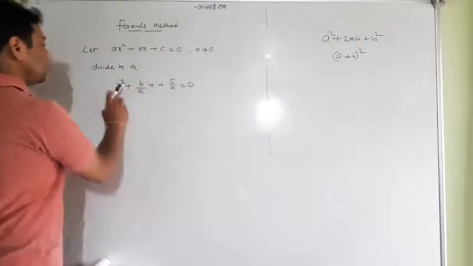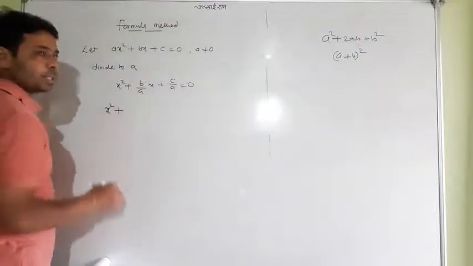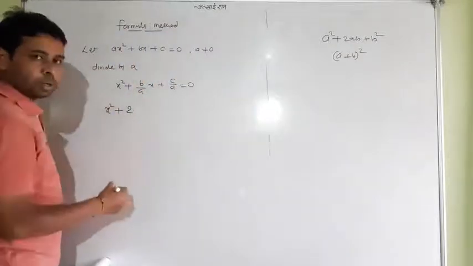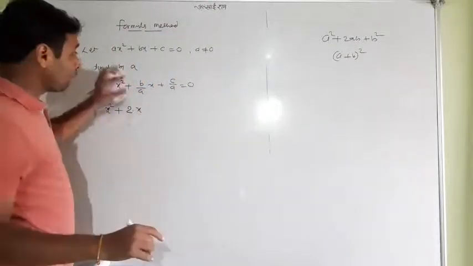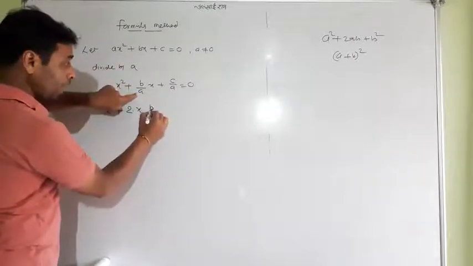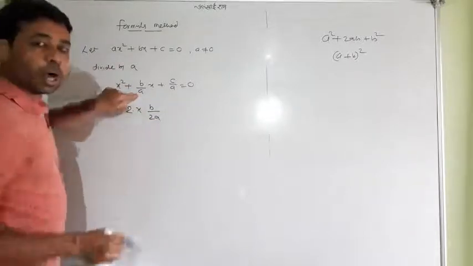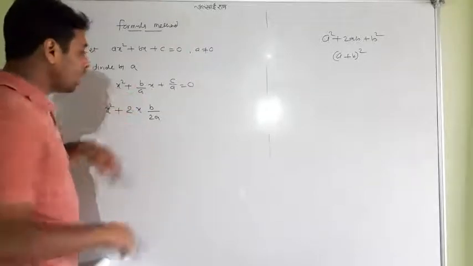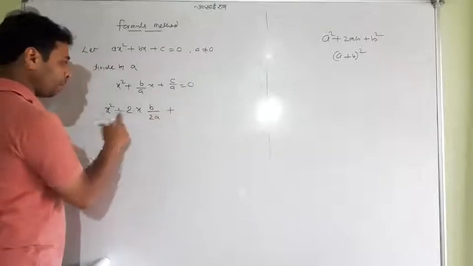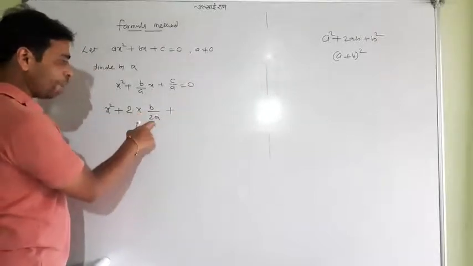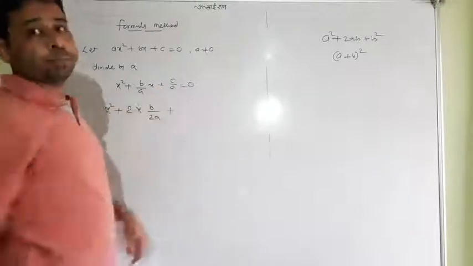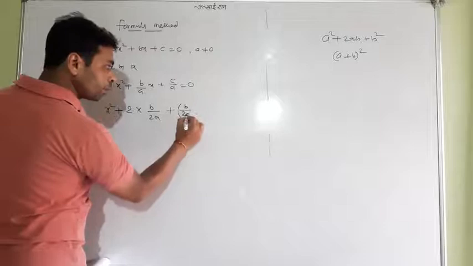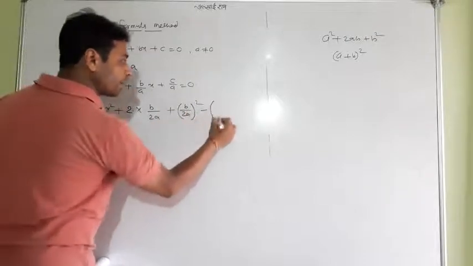So let's start. It is a square plus, I want 2ab. So look at 2a and b. Half of this one means b upon 2a. So how do we make half? We just multiply 2 in the denominator: b by 2a. Now it is your b. a square plus 2ab plus, I want b square. So what is b? That time b by 2a. You know, you add, you have to subtract.